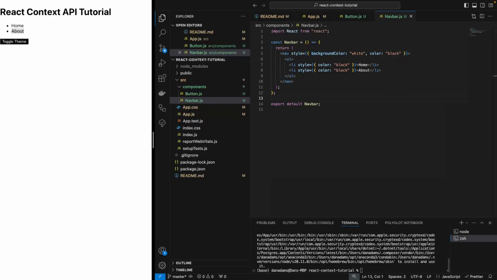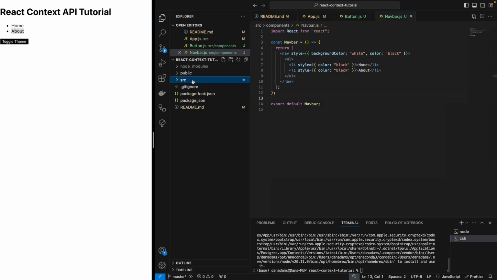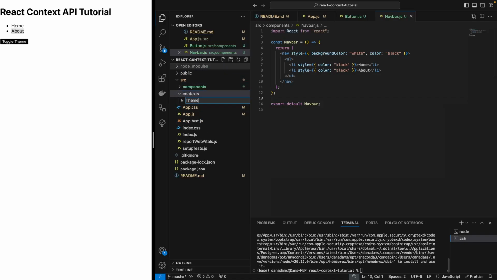So what we're now going to do is create a context, first of all, for the different themes within our application. We're going to create a folder called contexts, and this is where we would store all of our contexts. So first of all we want a theme context,